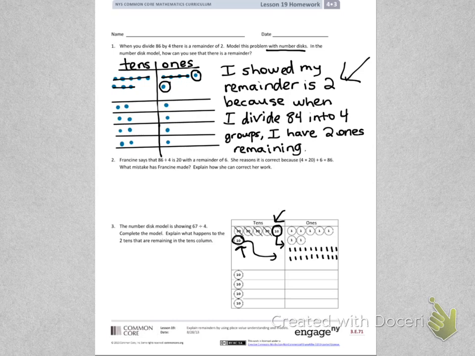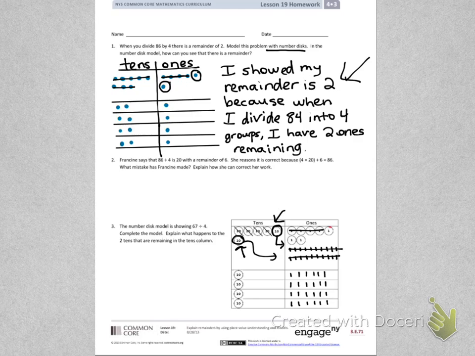So now we get to split 27 ones into 4 different groups. Here we go. 1, 2, 3, 4, 5, 6, 7, 8, 9, 10, 11, 12, 13, 14, 15, 16, 17, 18, 19, 20, 21, 22, 23, 24, 25, 26, 27 isn't going to split into 4 groups. So let's mark off what we have. We had 24. So I'm going to kind of work backwards. Here's 10, here's 20, and there's 4. So what's left